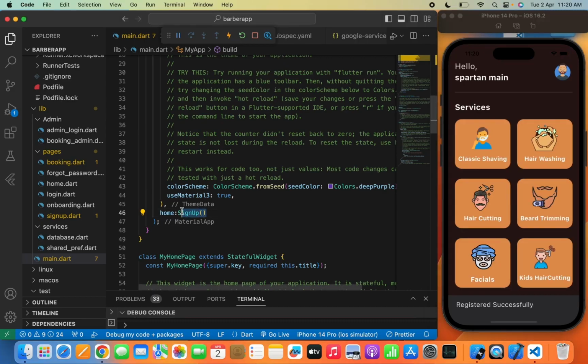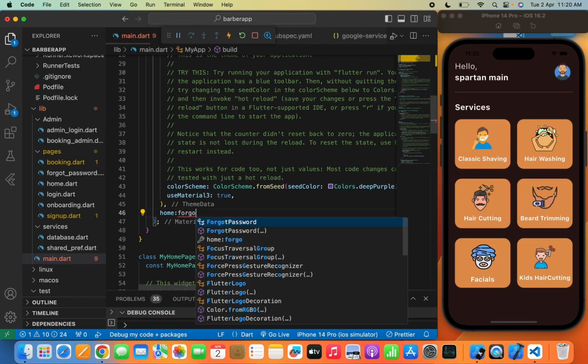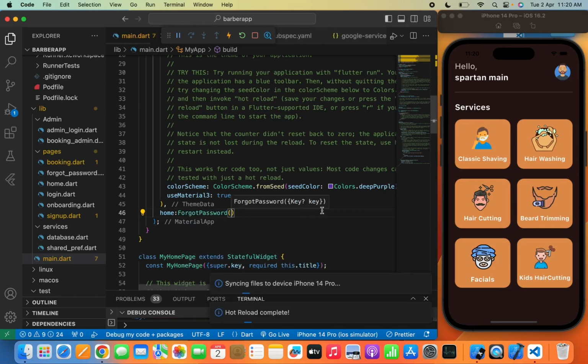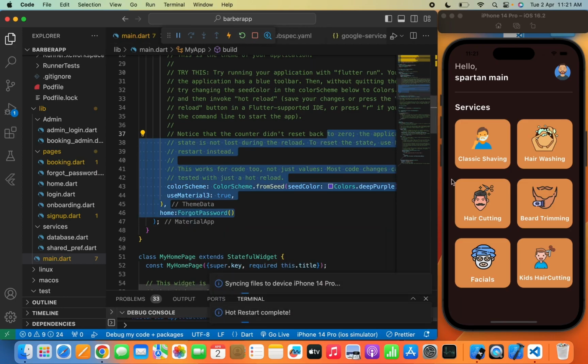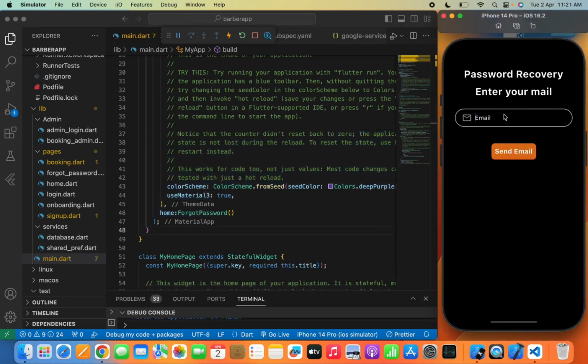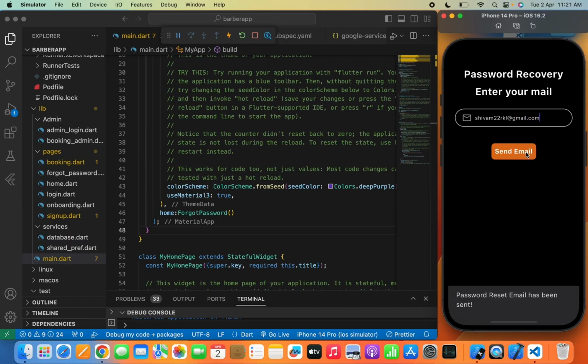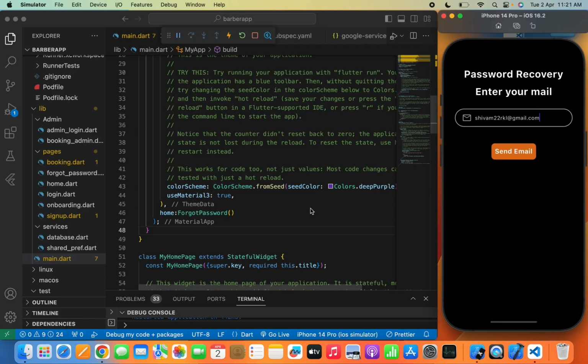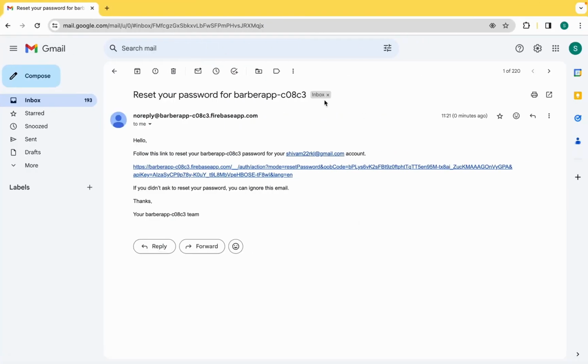Now let's move to the forgot password again, and we'll tell the app that I forgot the password for this email ID. So I will write my email ID here, and we'll click the send email button. So as you can see, password reset email has been sent. So now let's check the email where I have got the link. So here you can see the email where I've got the link, and I'll press this link,